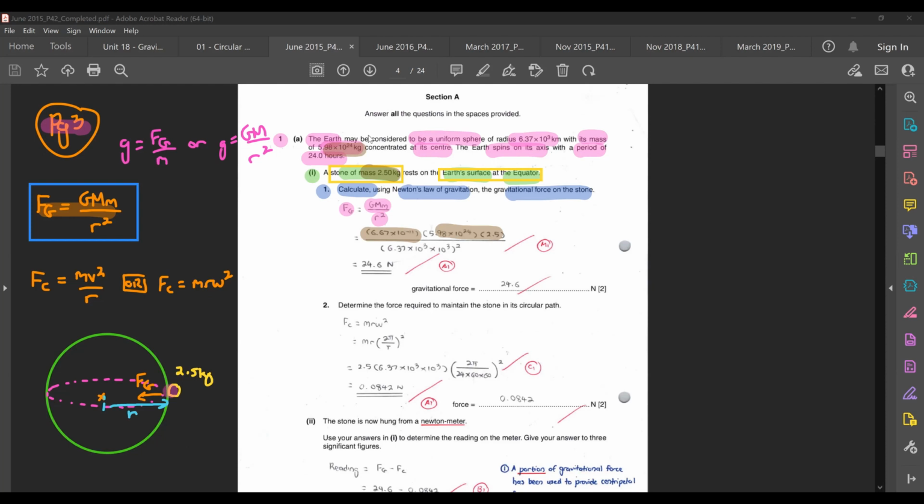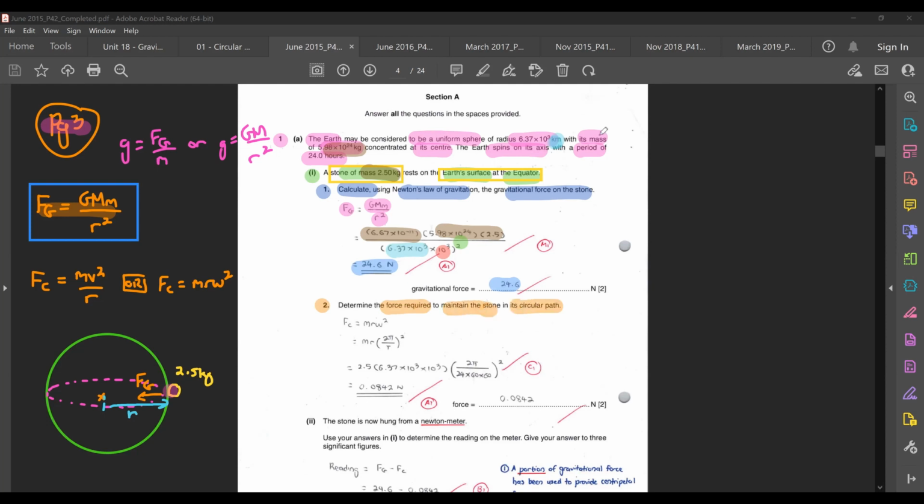So here it is in kilometer. You need to remember to change it back from kilometer to meter. That's the reason why you have 10 power 3 here. And don't forget to square. Eventually, you'll be able to get the answer as 24.6 Newton. Okay, so this is the gravitational force acting on the mass right now, determined using Newton's law of gravitation. Now in 2, they want you to then find out the force required to maintain the stone in its